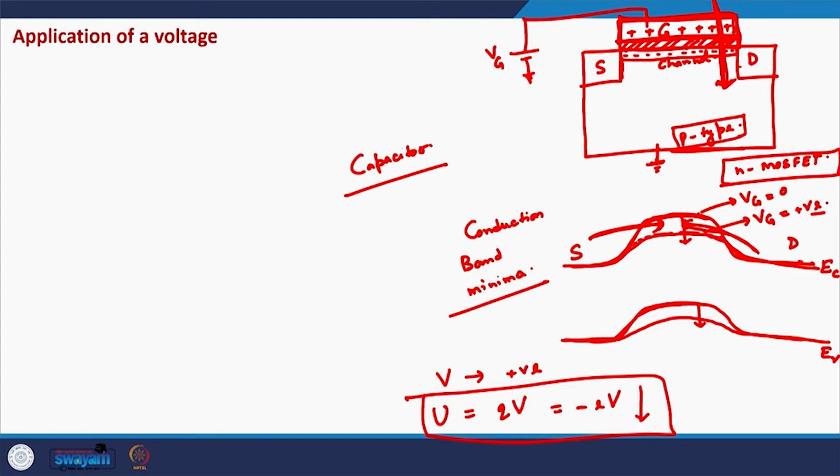So, even then the net current, the current from left to right minus right to left, will still be 0,